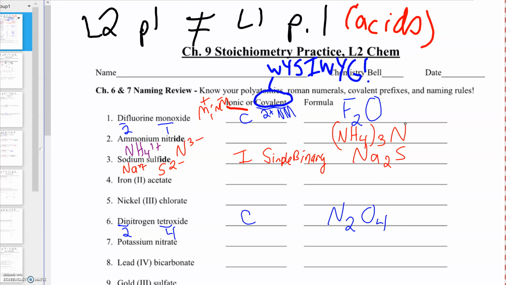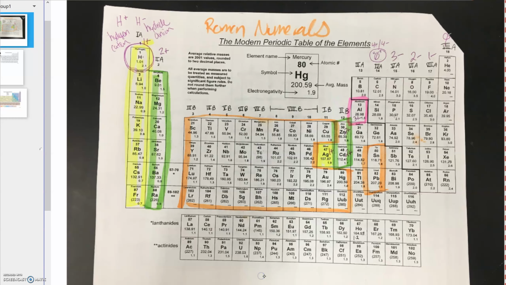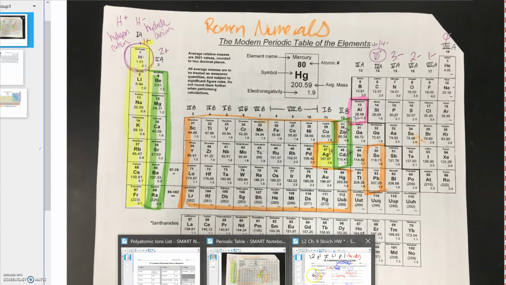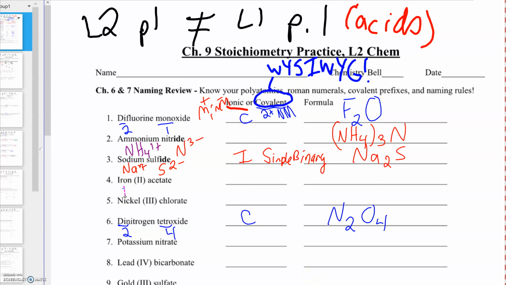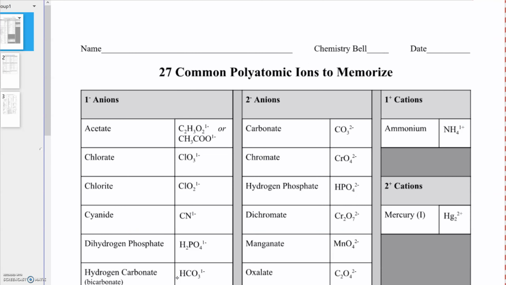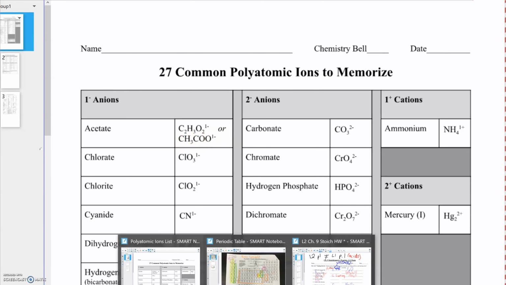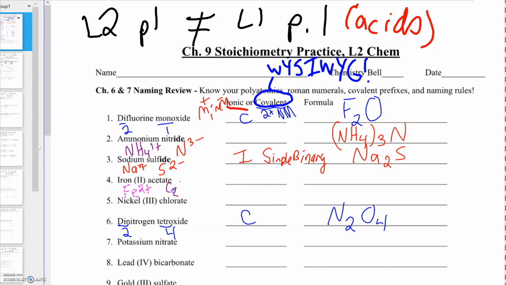Now these next ones I kind of like. These are fun because they tell you what the charge is on the metal. So iron, nickel, lead, gold, if you check your periodic table, they're all in this wishy-washy transition metal area where you need to have a Roman numeral. But go in this direction, they tell you what the charge is. So iron 2 is going to be Fe2+. And then we've got to check our polyatomic ion list for acetate. And acetate is going to be C2H3O2 1-. Now we've got to do our crisscross here. So the 1's charge is how many iron we need, but then iron's charge is how many acetate we need. So